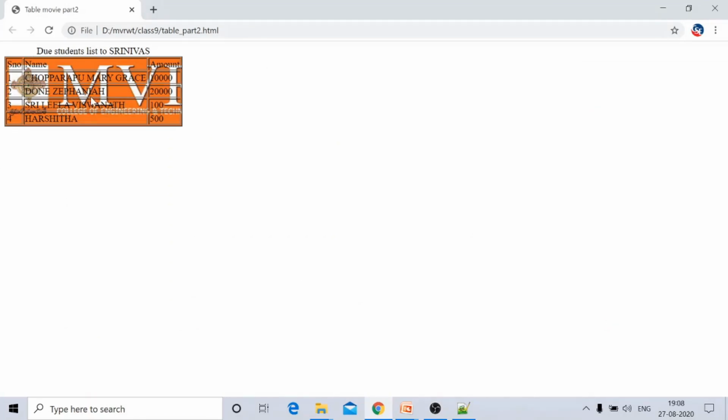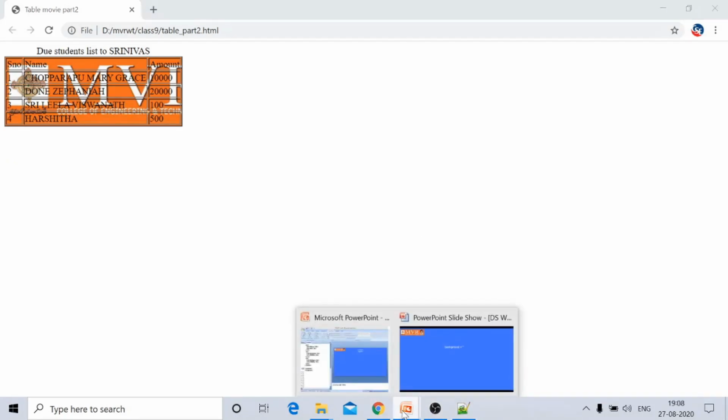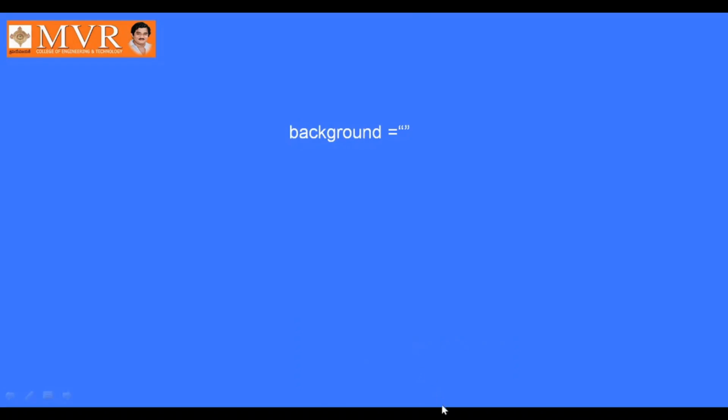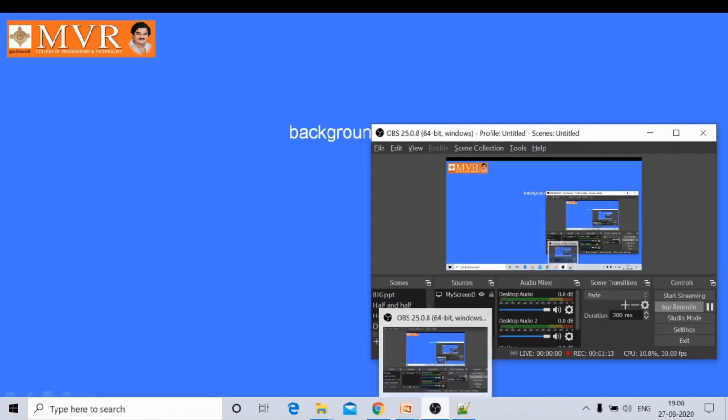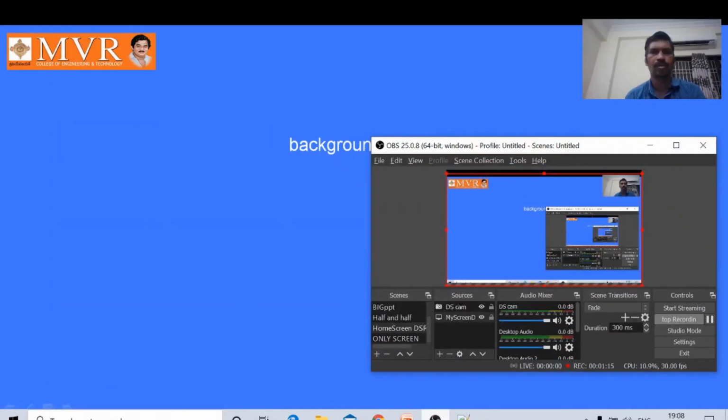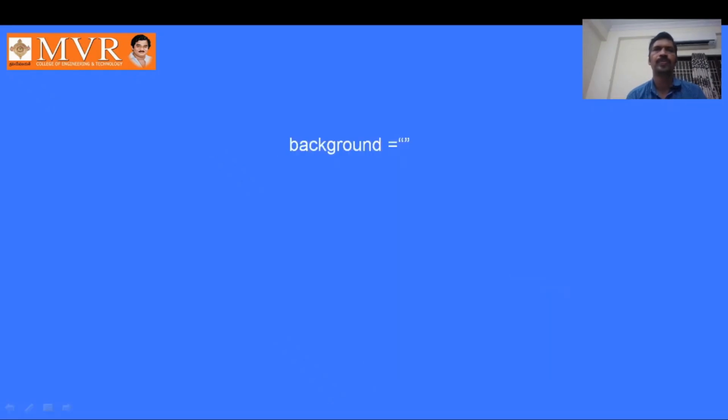In this fashion we set the background. Using this background attribute we can set a background image for the table.